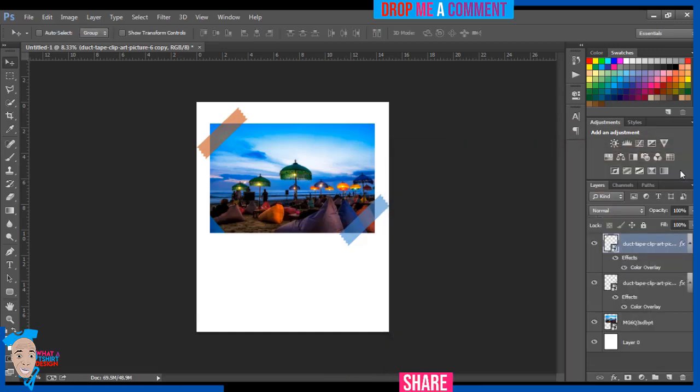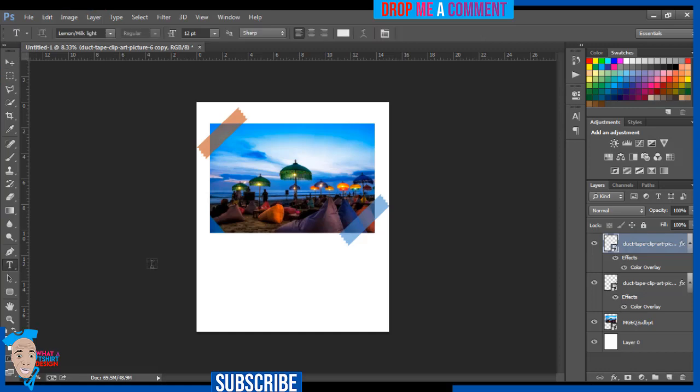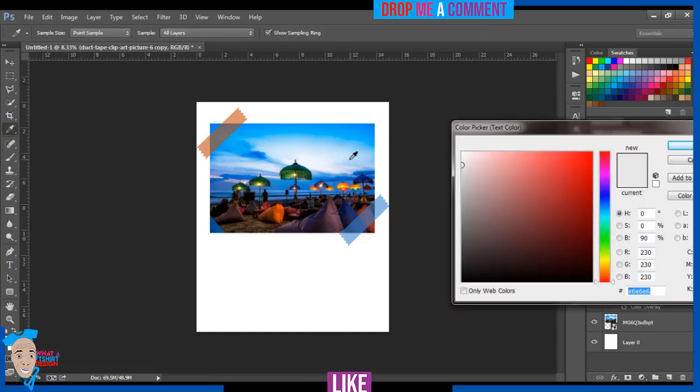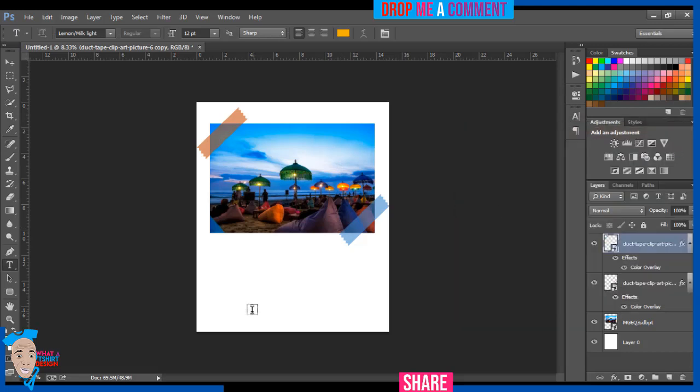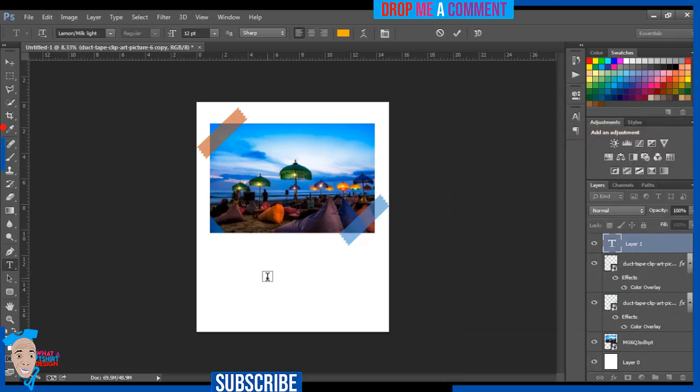So the next step is to put our words we want on the shirt. So for this, it's gonna be Bali. If you've not visited Bali, it's a cool place. I think you should visit it soon. We have on our shirt,